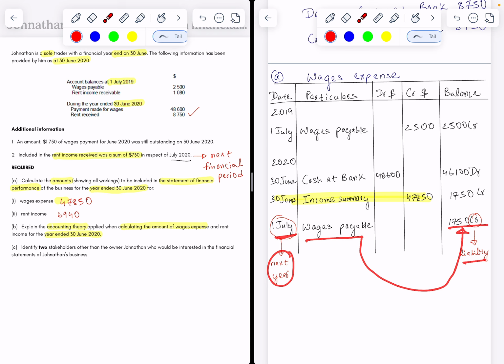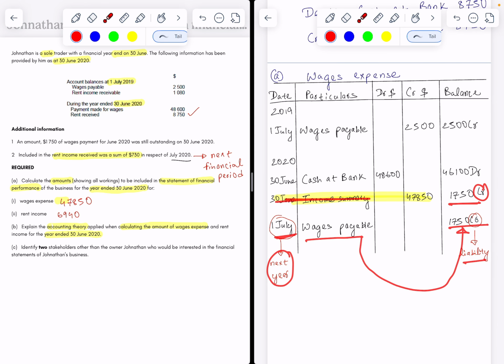So what that means is that we want to end the financial year, 30 June 2020, with a net balance of $1,750 credit, okay? So this is the map or the process we will follow to correctly prepare the ledger account every time. So we want to end up with a net balance of $1,750 credit. And our job from this ledger account is to calculate the wages expense amount, which we will show in the statement of financial performance or the income statement, right? So this thing is the amount, the missing figure, which we are deriving, that goes in the statement of financial